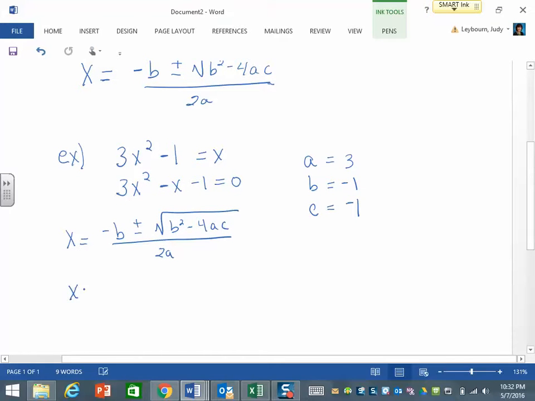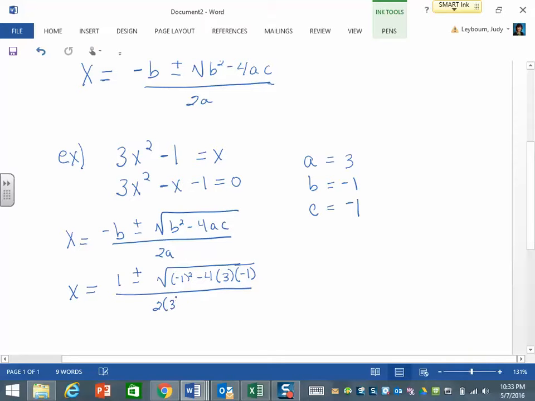So now we have x is equal to the opposite of b, which is -1, and its opposite then would be 1, plus or minus the square root of the quantity -1 squared minus 4 times a, which is 3, times c, which is -1, all divided by 2 times